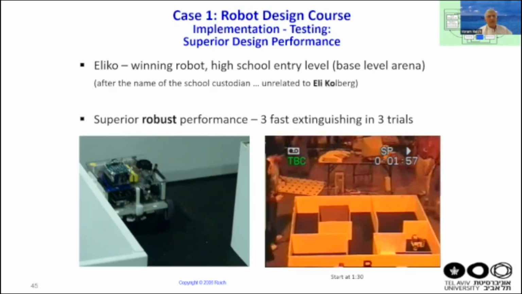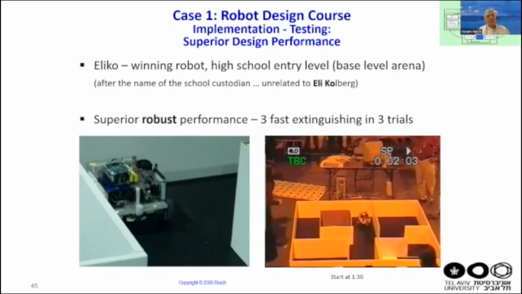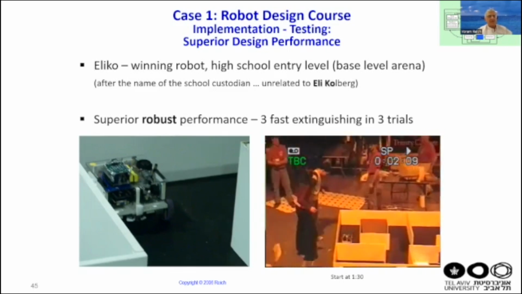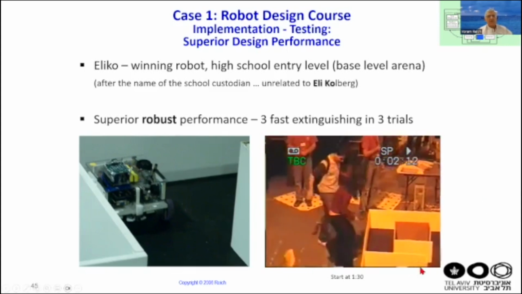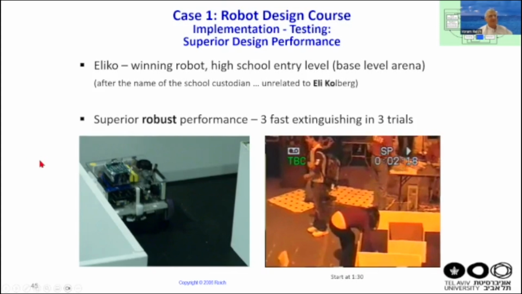And it competed against university students, and the bronze was at the time, it's the same. Same shoe, just different. Okay, so what we basically gained is that now the robots that were designed were robust. This robot made it 3 times in 3 trials and got the best results. So it's not a matter of chance. It is designed well and it's performing well.